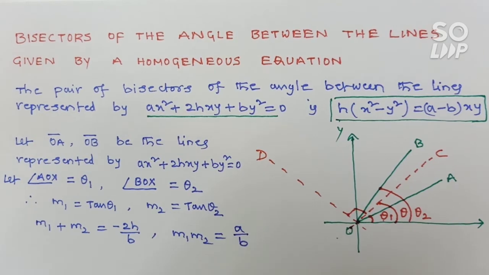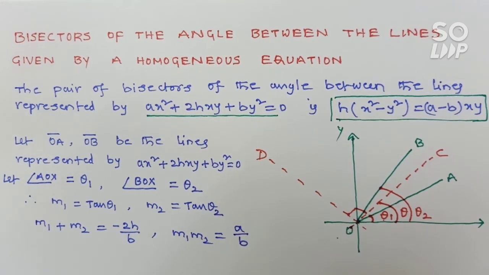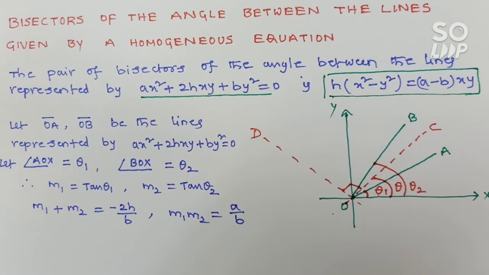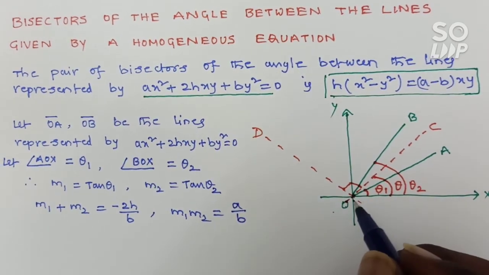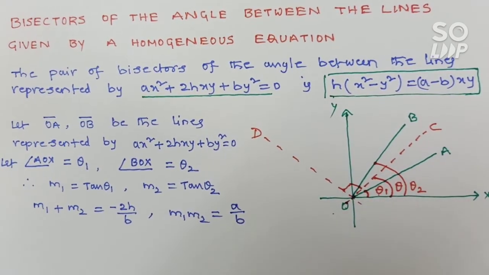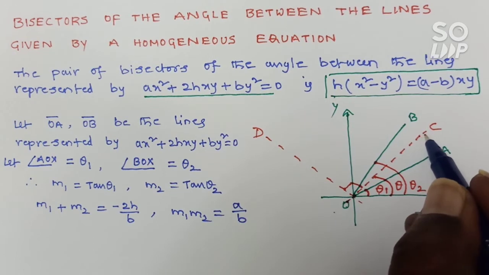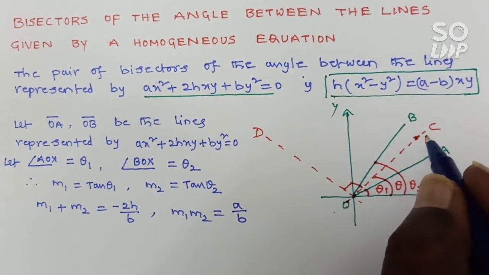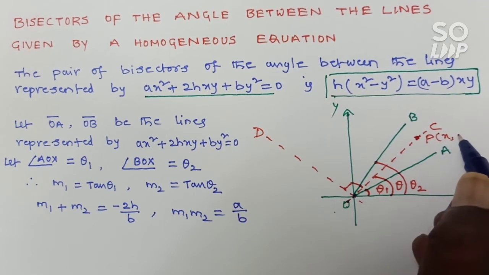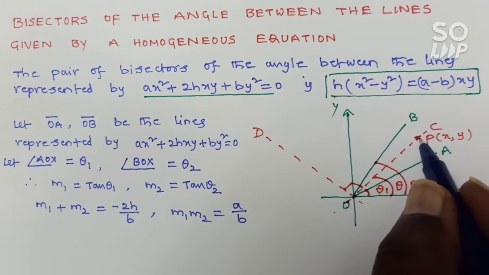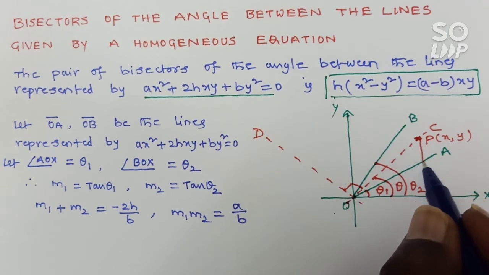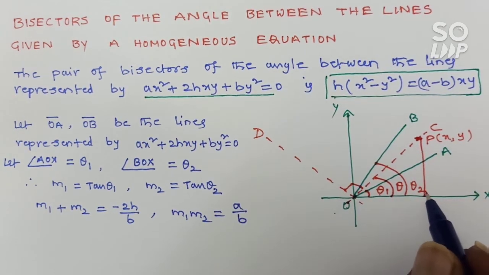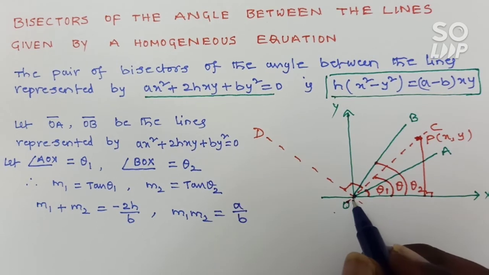Product of the slopes is equal to a by b. Right? And next, you see that here, let us take that the angular bisector is OC. Now you take one point, let it be P equals x comma y, on that angular bisector. If you draw the perpendicular from this one to the x-axis, then here is that